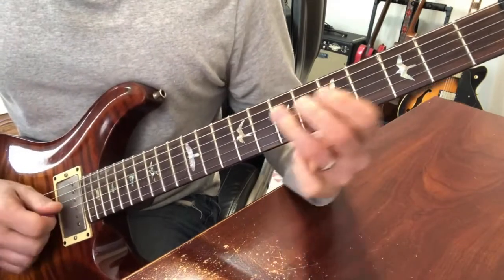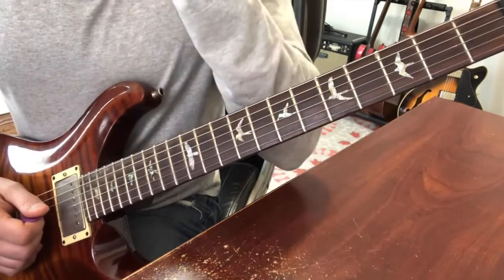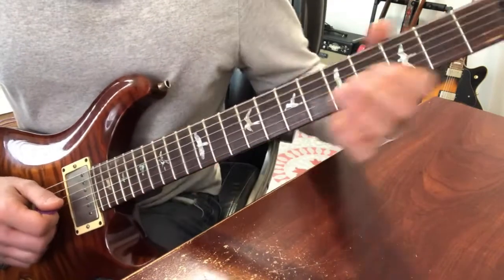So we call that pattern 3 sometimes. So he's really just playing all of this in E minor pentatonic. So we have,